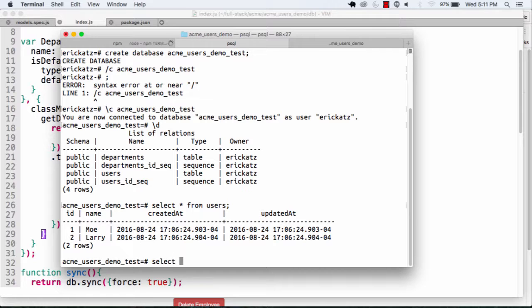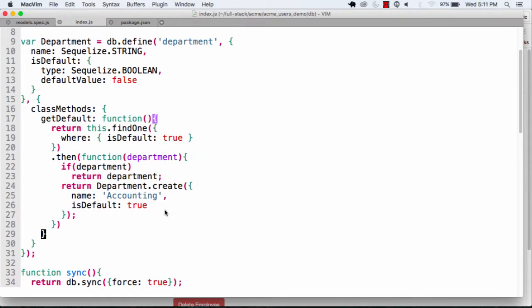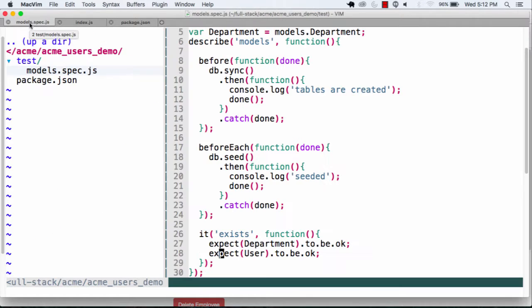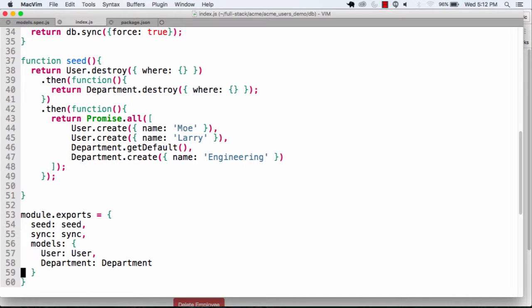Furthermore, if I select star from departments, I'll see that accounting is, in fact, the default department. The only other thing I want to throw out here is that it might be nice if we got back some data from our seed method that we could use. I could do this right off the bat. Over here is our seed method,